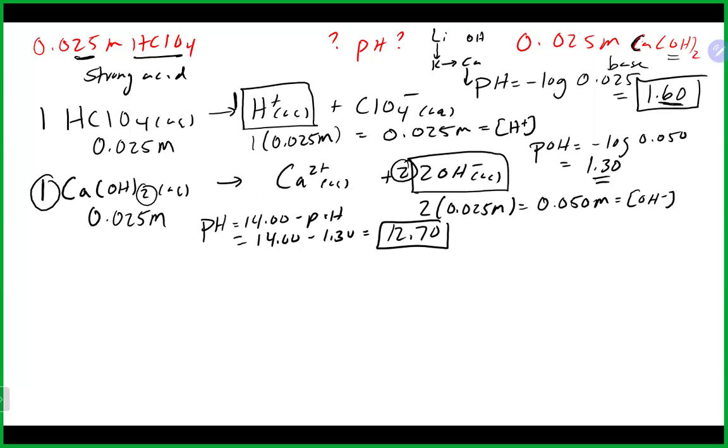Now, I will say that in the case of having to worry about this sort of adjustment here, it's going to be your bases where you're going to probably run into that more than your acids. Because if you look at that list of 6 strong acids that we listed, 5 of the 6 or so are monoprotic, which means they have just one hydrogen, which means in most cases, if you have a formula of a strong acid, that is going to be your concentration of your H plus,